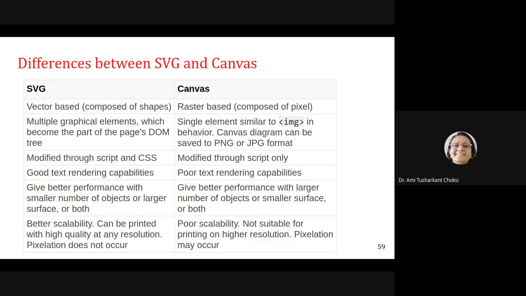So Canvas has poor scalability, but SVG has better scalability and can be printed with high quality at any resolution, and pixelation does not occur, right? For Canvas, we can say it has poor scalability, is not suitable for printing at higher resolution, and pixelation may occur. The way I said the things are being broken, that type of image we will see with Canvas but not with SVG. Right? That's all for today.